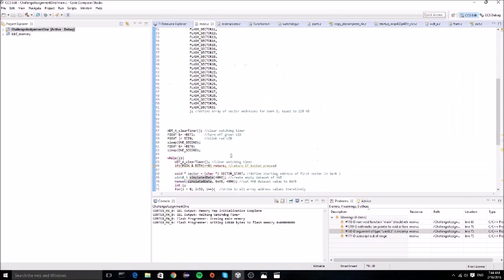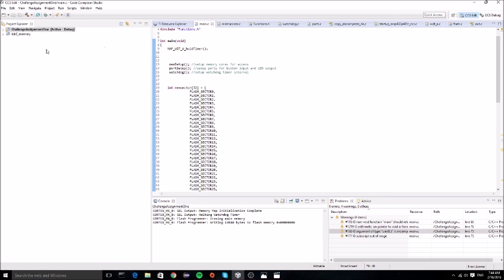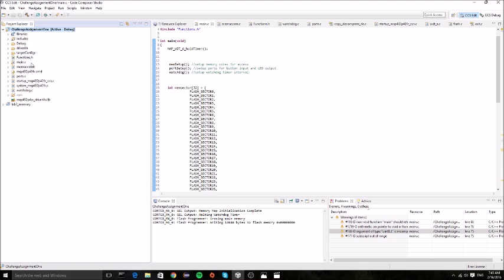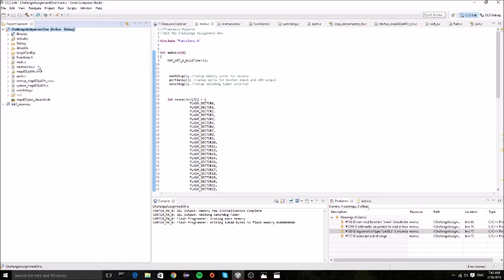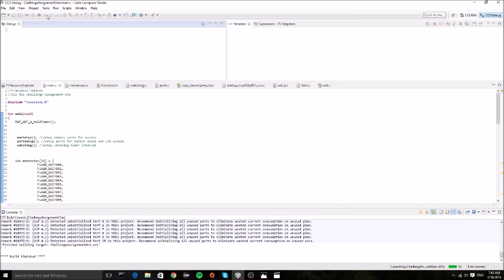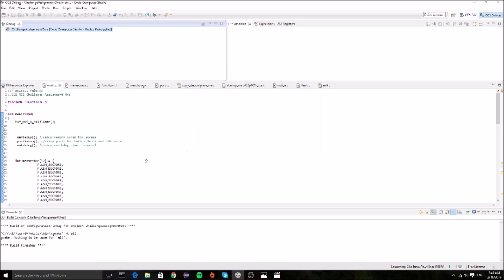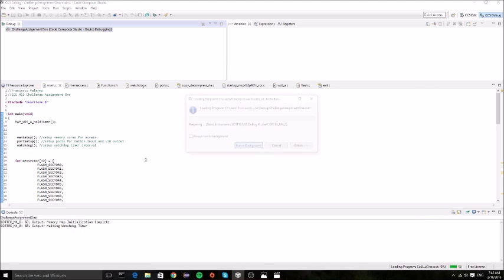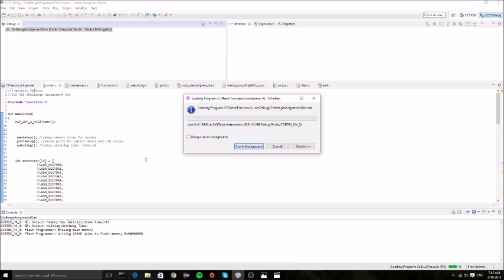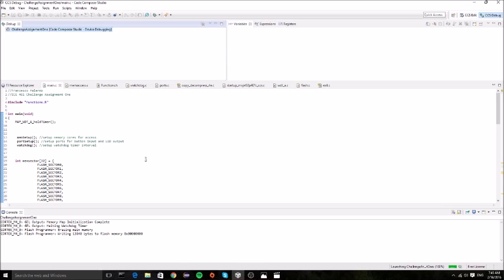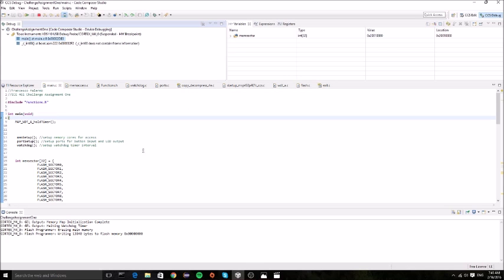So the next step, of course, is to make sure that we have all of our files available: Functions.h, which is my big header file, main.c, memaccess.c, ports.c, etc. And we debug it, so upload it to the board. And it might take a little bit of time to load. So if we begin running it,